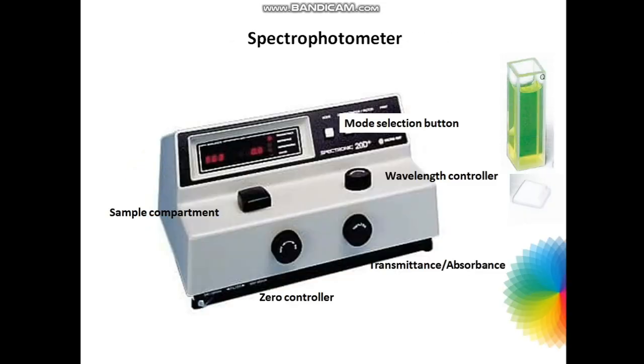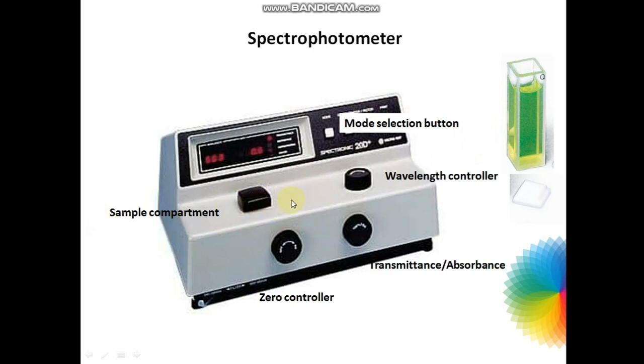But in reality, the spectrophotometer looks like this. Now let's see the parts it consists of. It consists of a sample compartment here. Now here it is closed. Samples are usually taken in a cuvette like this. While placing it, it has to be wiped with tissue paper also. So the cuvette carrying the sample will be pressed inside and then closed.